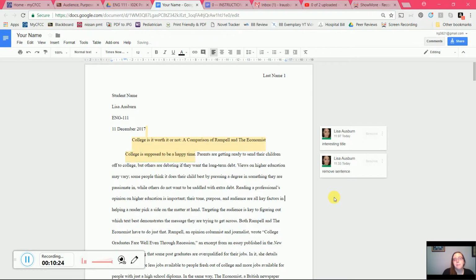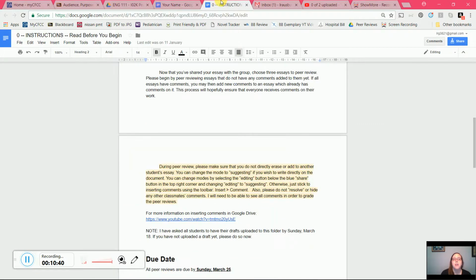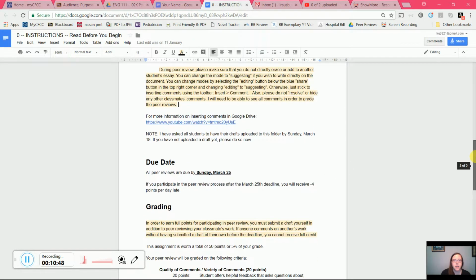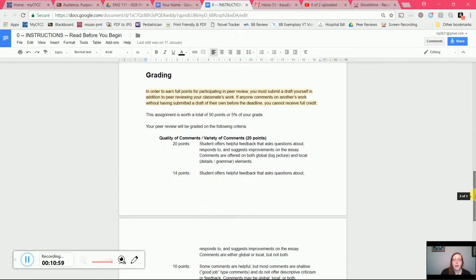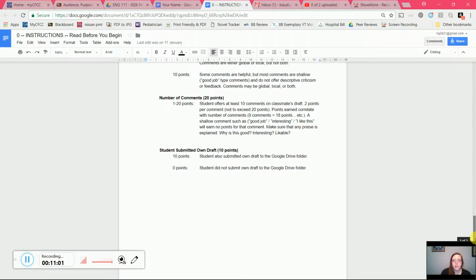Okay, so then my comment is there, but I haven't actually made any changes to the content of this student's work because it's not my essay to change. It's my essay to comment on. I have the opportunity to comment on it, but I shouldn't be changing any of the work here. So that's really what it says in this highlighted box. We've talked already about the due date. There's more information on inserting comments if you need it. I've showed you the information on grading already, so that's there. So this is